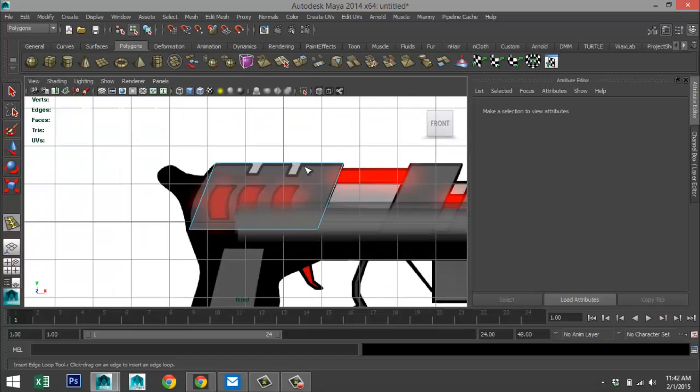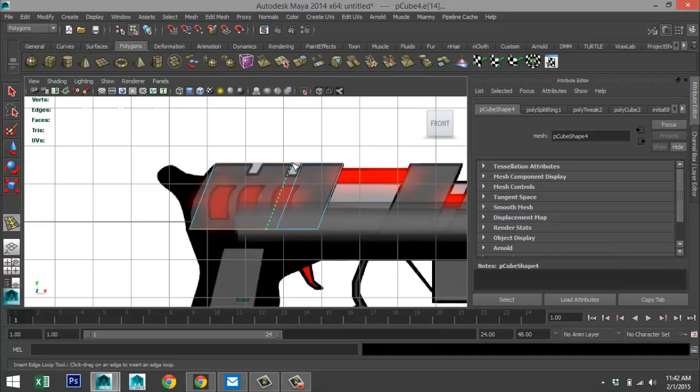Okay, we're going to add one there, one there, one there, and one there, and we'll do one there, and one there, and then we'll add a few here to create that curve shape.